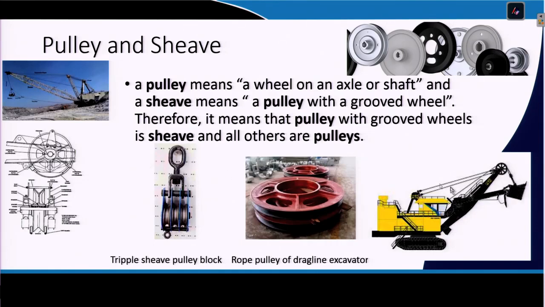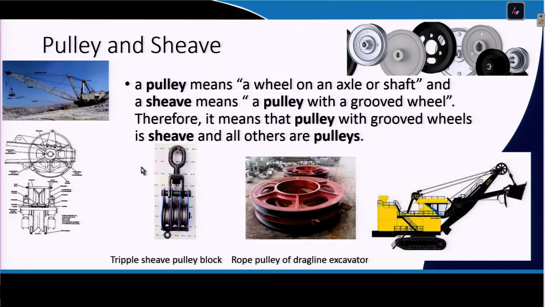Depending on the type of rock and the size of the bucket, there will be a heavy load coming onto this sheave, or the boom point sheave as it is called. So, they need to be very carefully designed. You can see here that a sheave is basically a wheel on an axle or shaft, a pulley with a grooved wheel. You can see different types of pulleys on which the sheave has been made by making a groove.